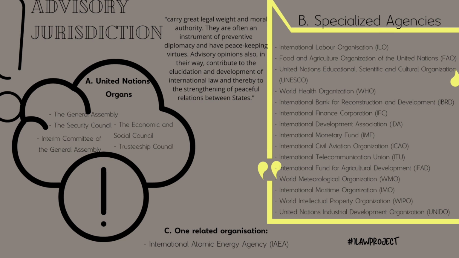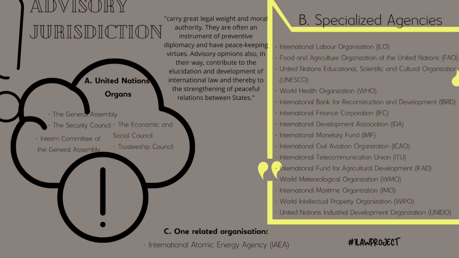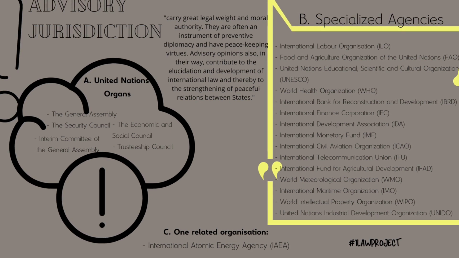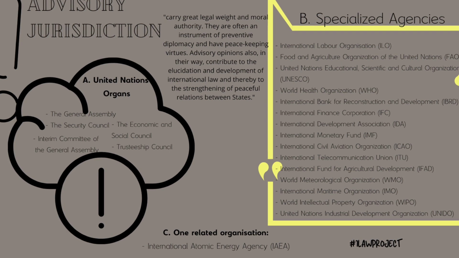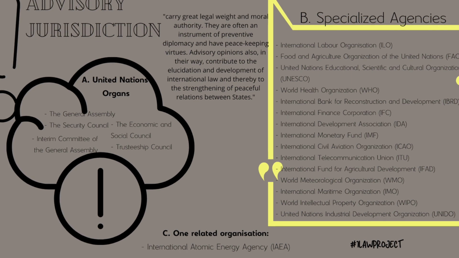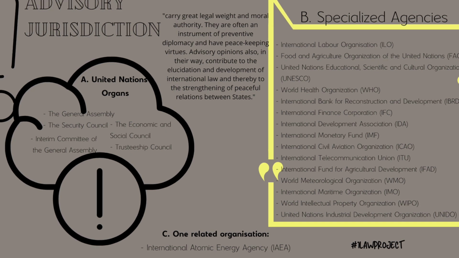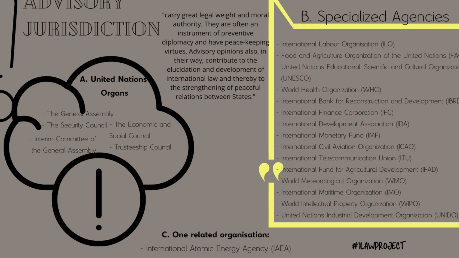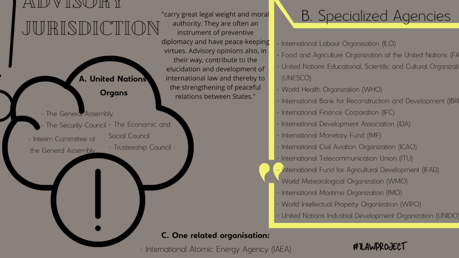At the moment, the procedure is available to 5 United Nations organs, which are the General Assembly, the Security Council, the Economic and Social Council, the Trusteeship Council, the Interim Committee of the General Assembly. It is also available to 15 specialized agencies, which are the International Labour Organization, Food and Agriculture Organization of the United Nations,